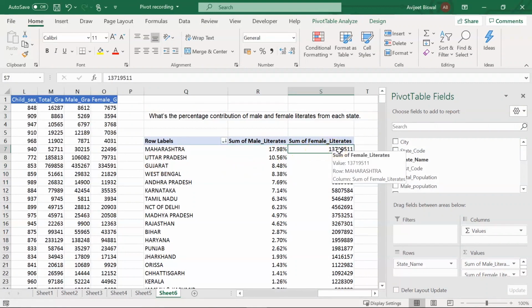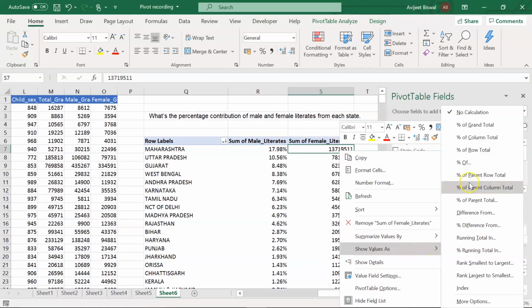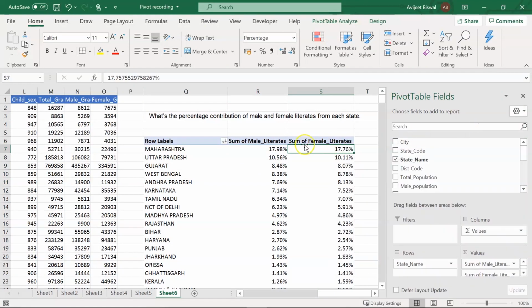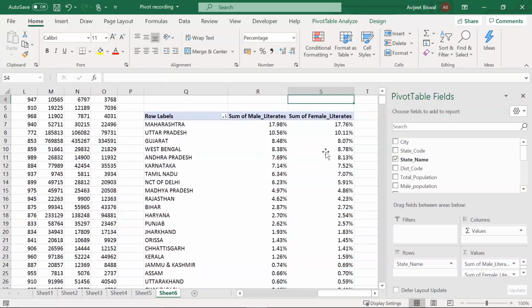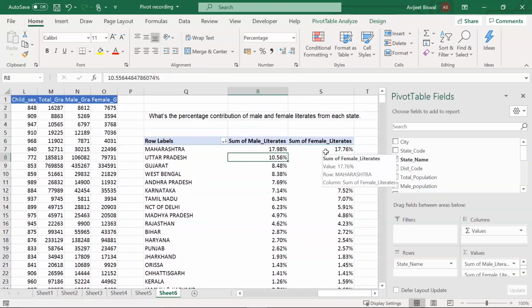Similarly, let's do it for female literates. I'll go to show value as and select percentage of grand total. You can see here also Maharashtra, Uttar Pradesh, then Gujarat and all had the highest percentage contribution to female literates. So this is another good feature to convert your data and see it in terms of percentage.